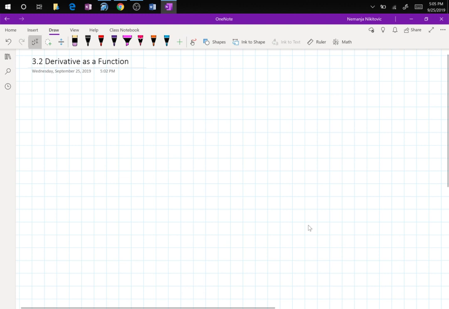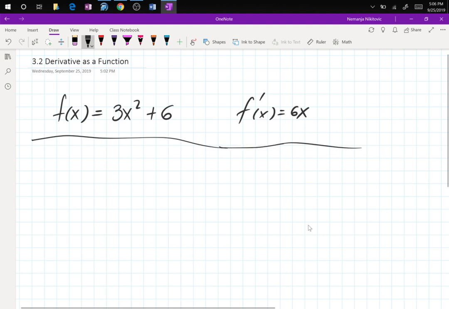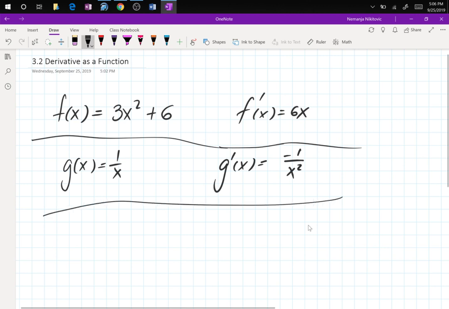So we saw in a previous lecture that I had f of x is equal to 3x squared plus 6, doesn't matter. And then we had f prime of x is equal to 6x. Then I had another example, let's go with g, g of x is equal to 1 over x, and then we have g prime of x equal to negative 1 over x squared, right? So these are just some